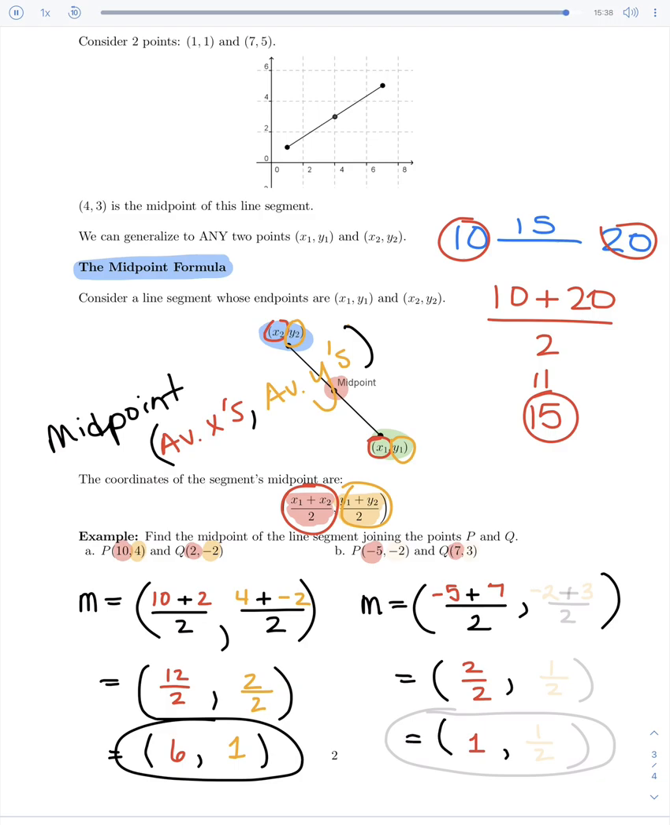Now we need to find our Y. Our Y's are a negative 2 and a positive 3. So just like with the X's, we're going to average them, which means add them up and divide by 2. Well, negative 2 plus 3 is a positive 1 divided by 2. It's just a half. There's no better way to write that. They would want us to leave it as a fraction, not as a decimal, so we're done. Our midpoint is the point